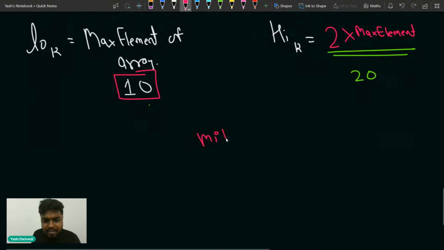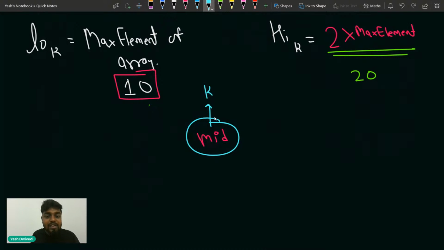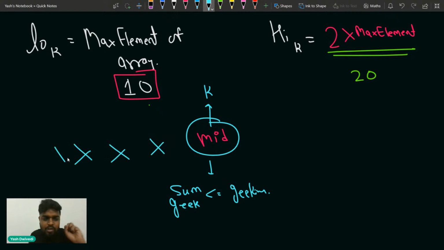If the mid does not satisfy, where mid indicates the current K, that is, if the sum that Geek gets with respect to this mid is less than or equal to Geekina's, then all the things on the left side will also not satisfy.